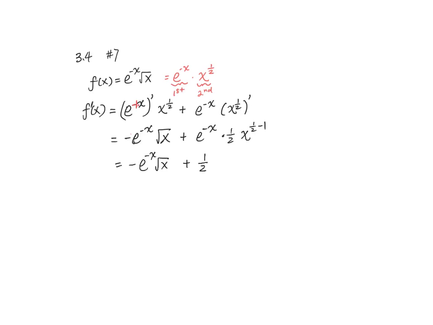I'll write the constant to the front, and e to the negative x times, so now this turns out to be x to the -1/2, right? And which means 1 over x to the 1/2, which is square root of x. So I just write that into this form. So this is the derivative of